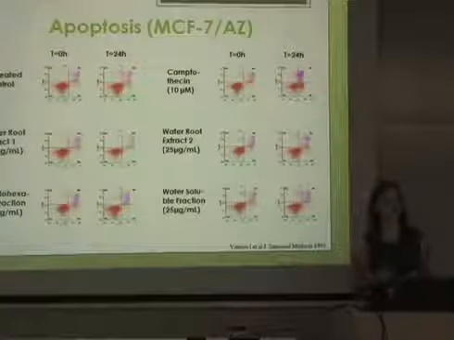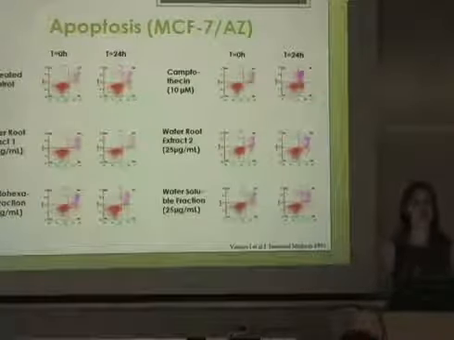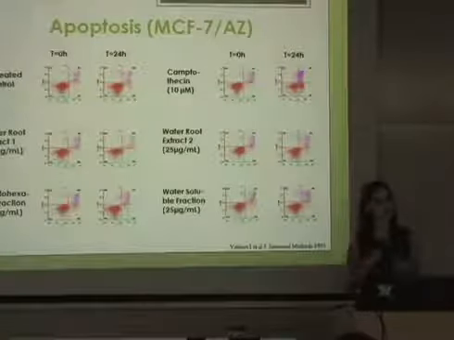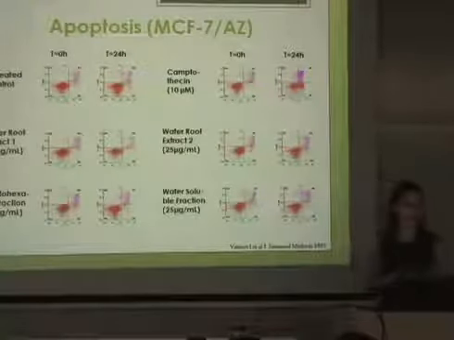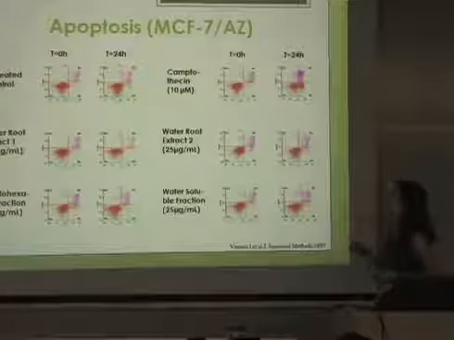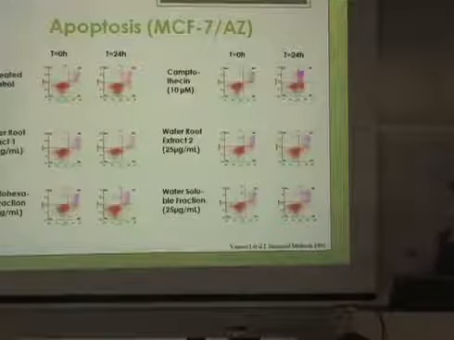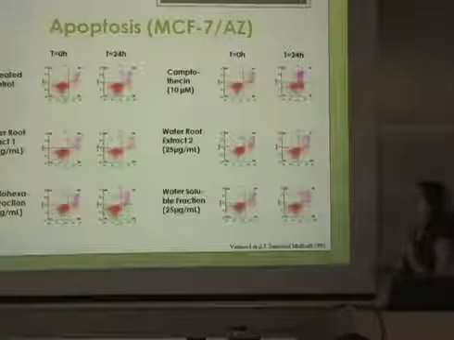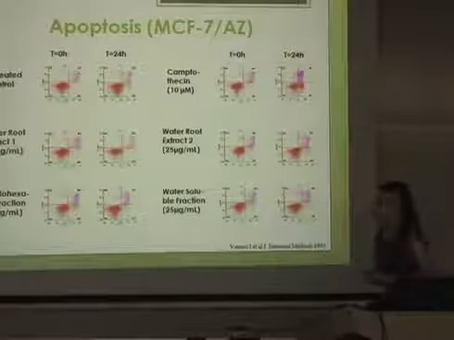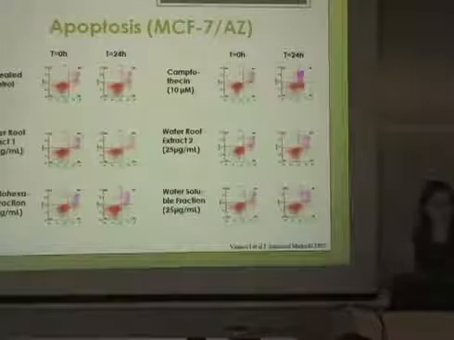Although we knew that our extract did not induce apoptosis because it didn't have any effect on the growth, we wanted to see what would really happen. So we decided to perform an apoptosis test. I'm showing you here the results for the MCF7A6 at two different time frames, one being 0 and the other one being after 24 hours.